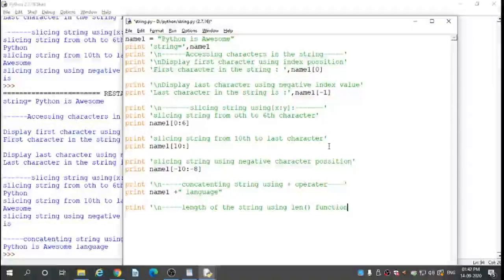Here len is length. Here single quote completed. Enter. Print length name1.